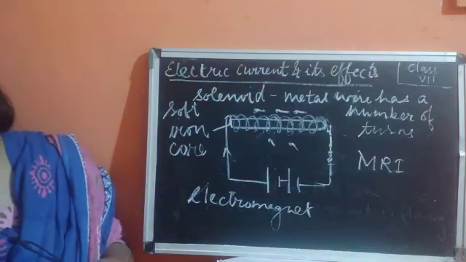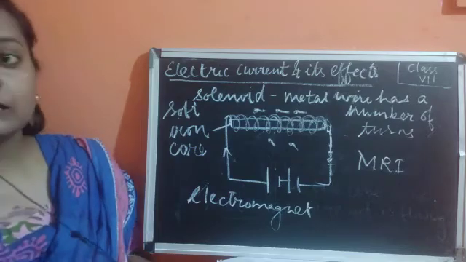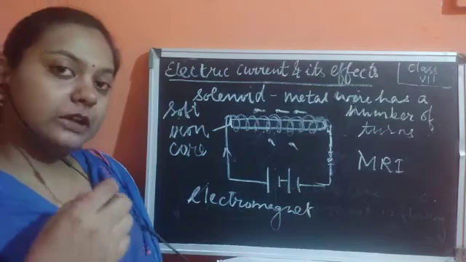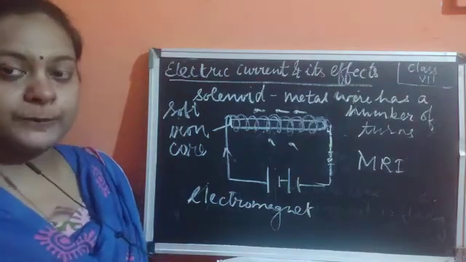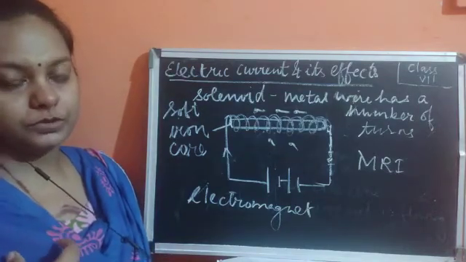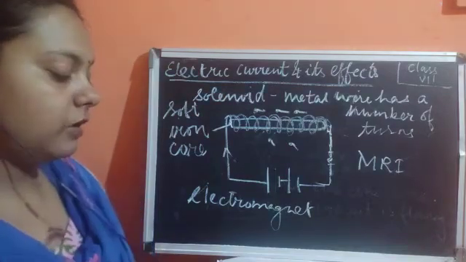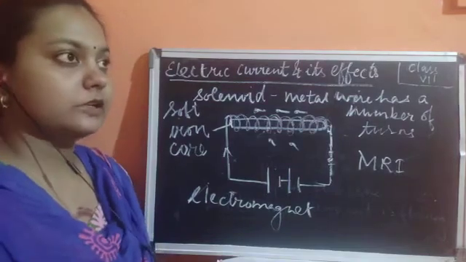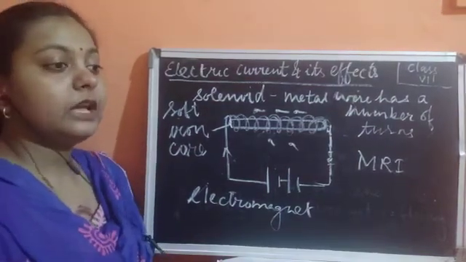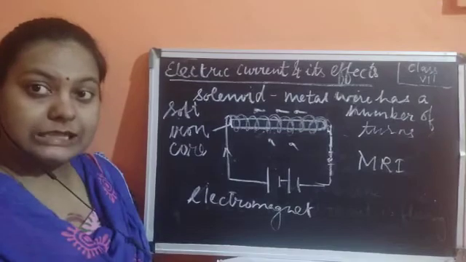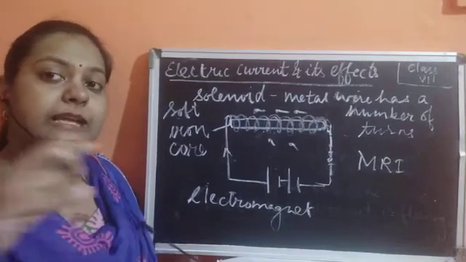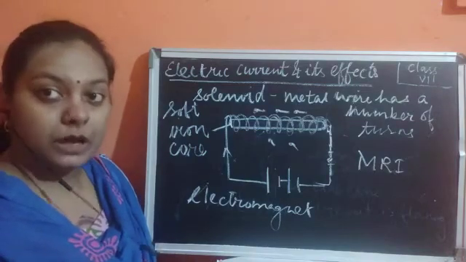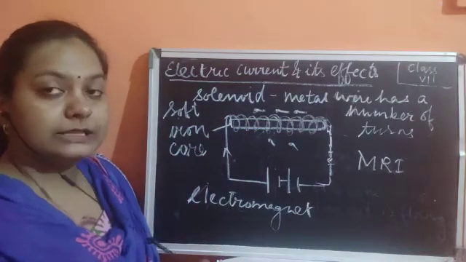Now there are other fields as well where this electromagnet is being used. We have seen the separation of magnetic and non-magnetic substances, and it is also utilized inside generators and motors. So many places are there where these electromagnets are being used. It is used in computers, and it is used in various electrical appliances.